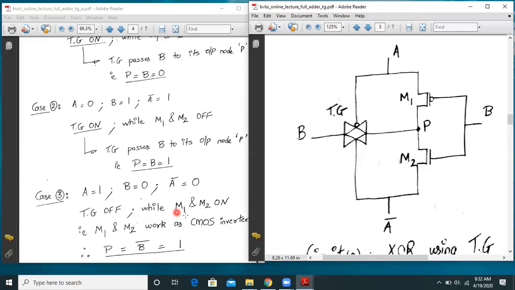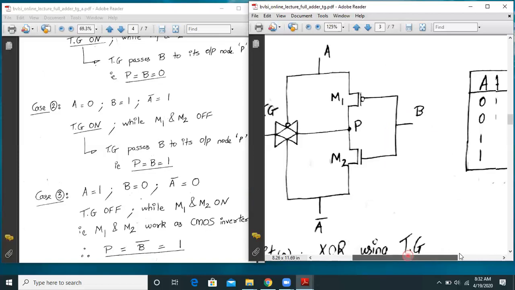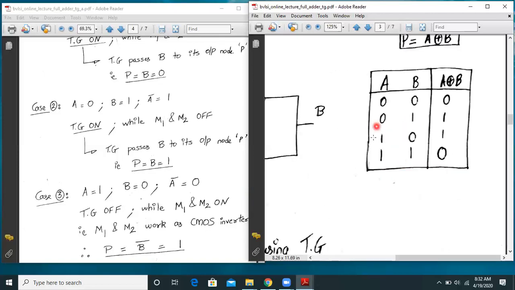So kindly correct this. Here only M1 is on, and if M1 is on, the output of the CMOS inverter, my P node, will be 1. Let us check that condition. Yes, if A is 1, B is 0, my P is also 1.